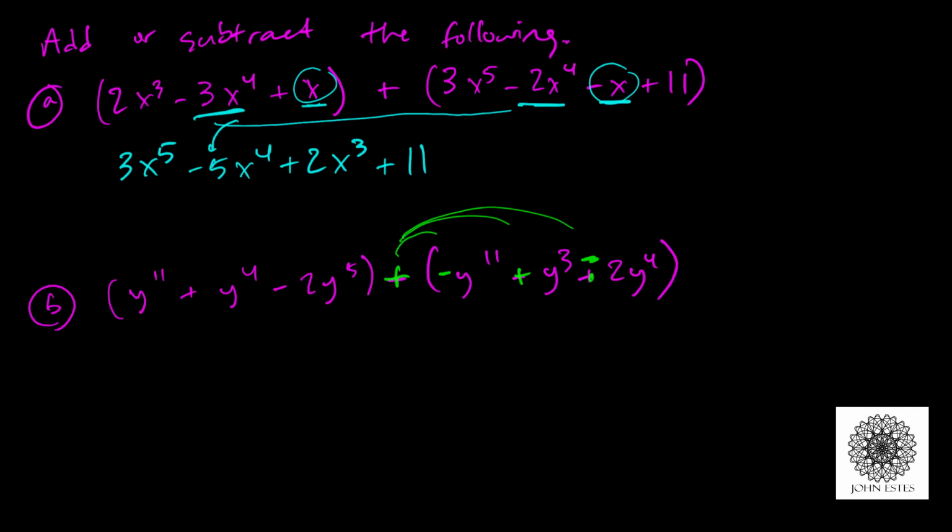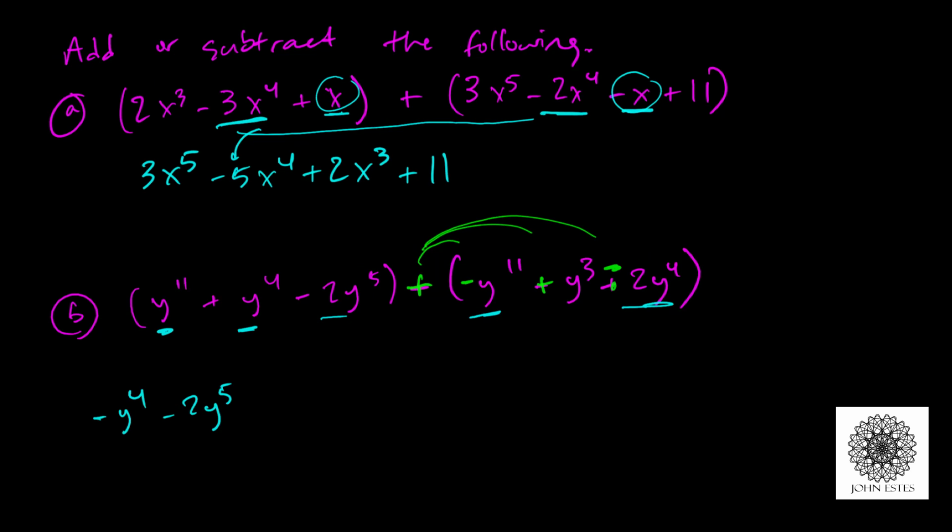Now when I combine like terms, I have a y to the 11th and a negative y to the 11th. Those add up to 0. Then I have a y to the 4th minus 2y to the 4th, so that becomes a negative 1y to the 4th. I have a negative 2y to the 5th,